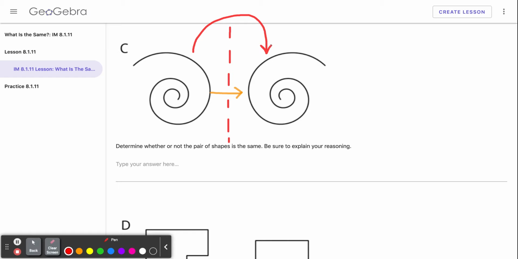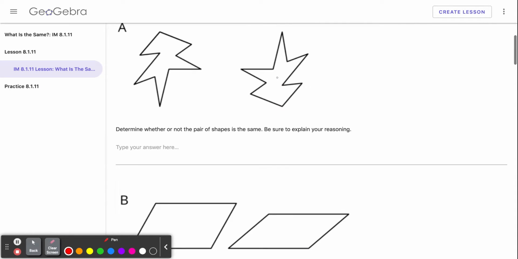So the question that we're addressing here is, what does it mean when you can transform a shape with a rigid transformation? So a reflection, a rotation, or a translation. Does that mean that the shape is the same? And does it matter which type of transformation we're conducting? Because when you look at a shape like